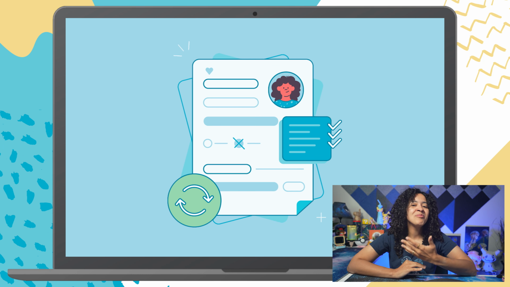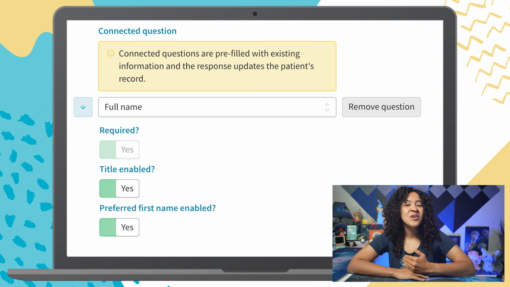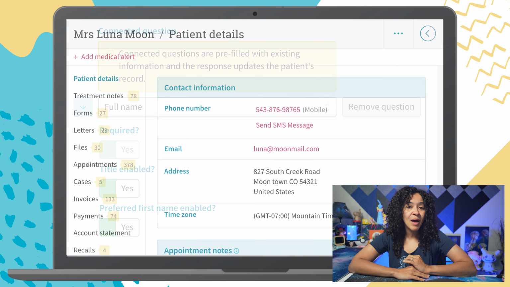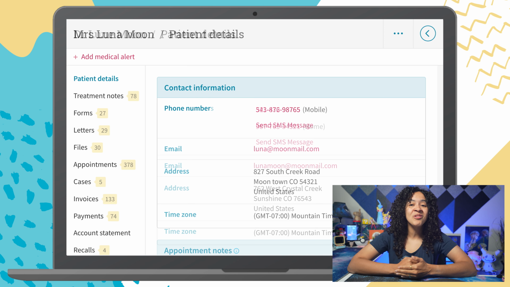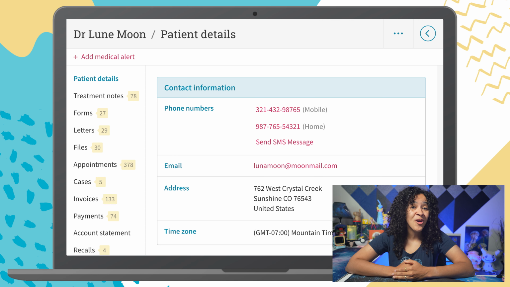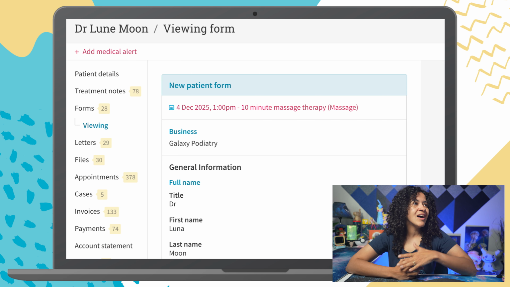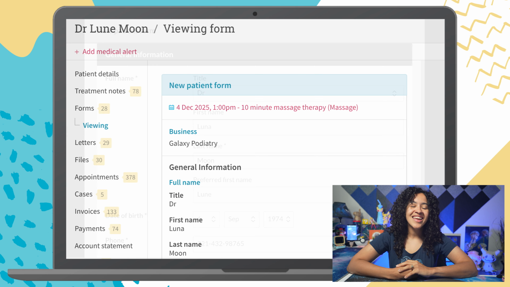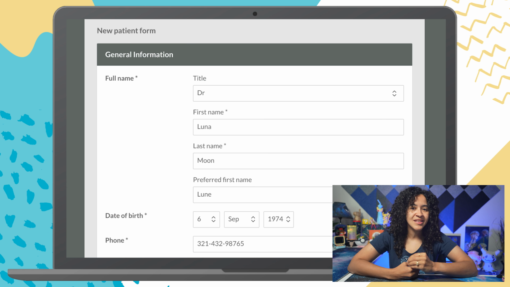Keeping patient records up to date just got a whole lot easier in Cliniko. We've released a connected questions feature that lets you automatically update patient records with the information patients enter in your forms. This means you don't have to enter the information manually when you have a completed intake form or history report, for example. In this video, I'll guide you through how to set up connected questions in your patient forms,